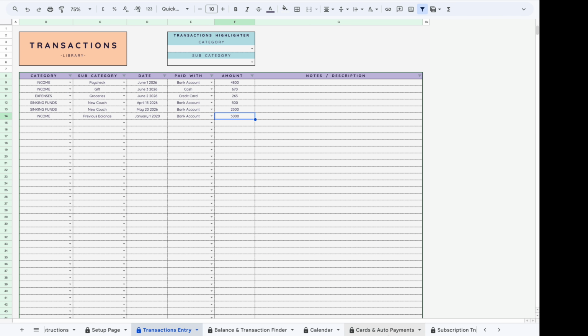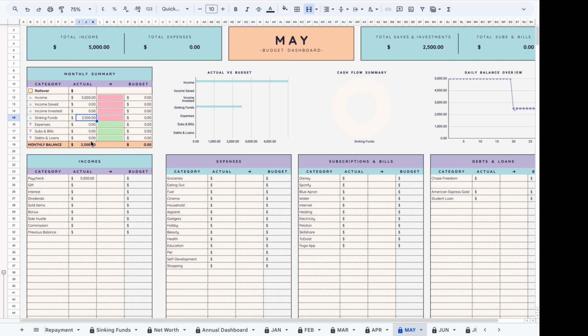I haven't submitted any income here. Let's make an income entry. Okay, we get paid 5,000 and we allocate 2,500 into our sinking fund, which means we don't have this amount anymore